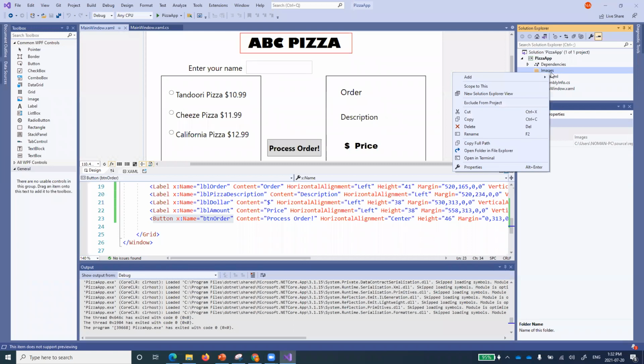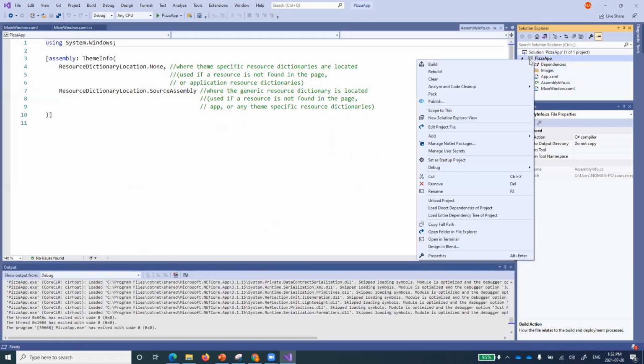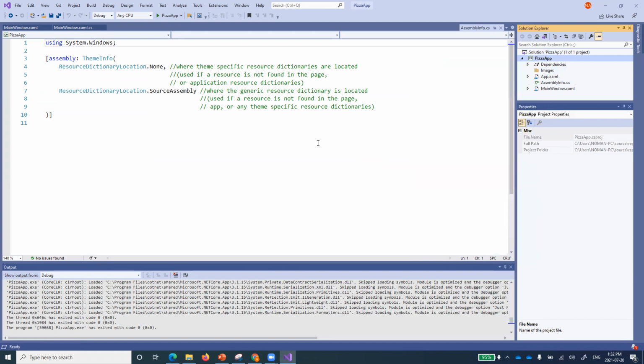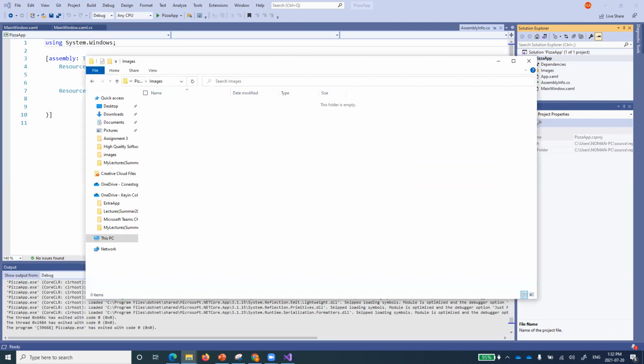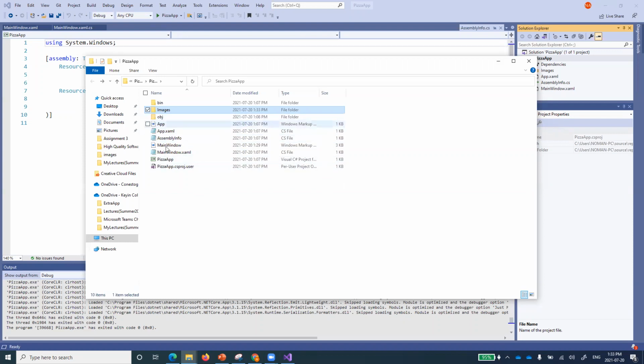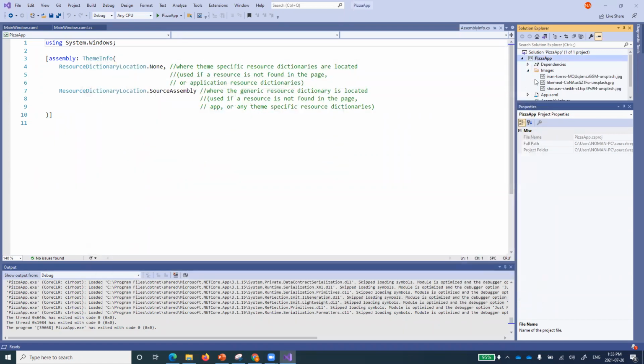Now, if I want to put the pictures into that folder, what I can do is open my project in Windows, open folder in File Explorer. So here I have the images folder. Now copy those three pictures over here into the images folder. Everyone please do that. So what I've done is copy everything into this folder. Right? So the images folder should now contain three pictures, as you see over here. You would be able to see that.